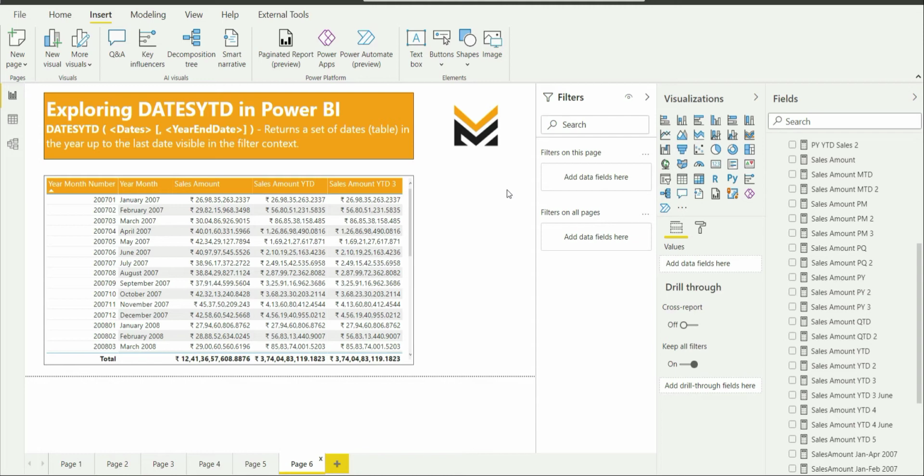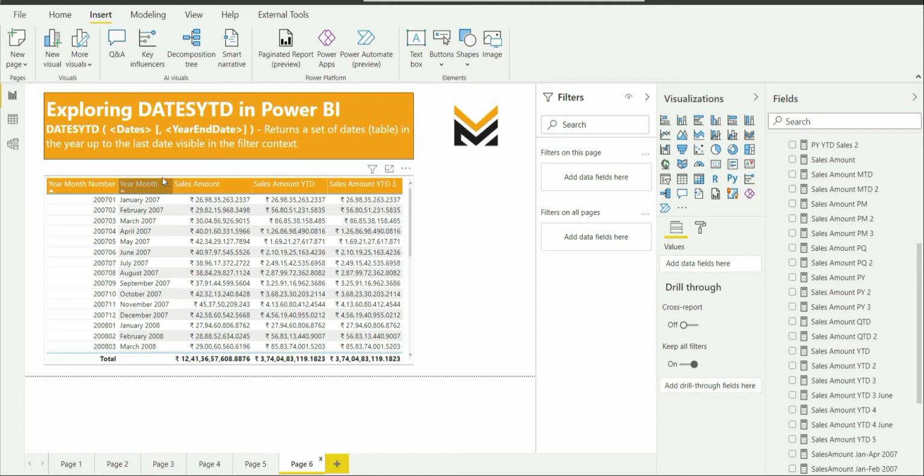The dates belong to the same year, corresponding to the current filter context. The first day of a year is obviously 1st January, and then up to whatever date is in the current filter context, the table is going to have the dates between them.